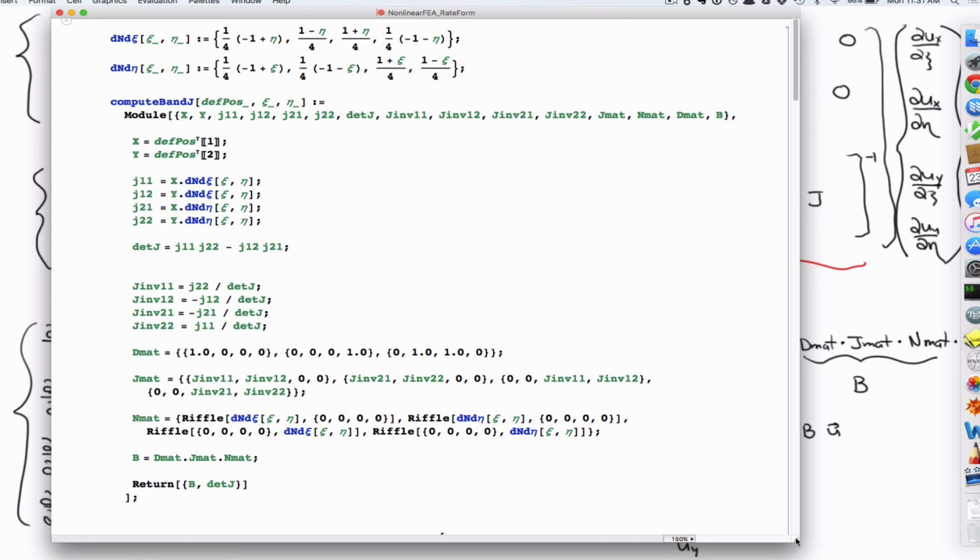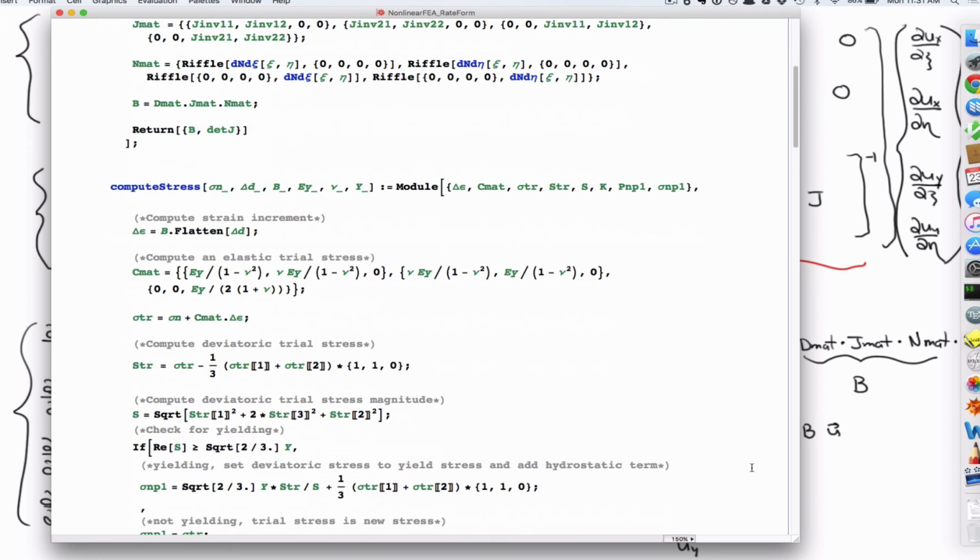Okay. Now if you're using a total Lagrangian setup, you only have to compute those derivatives of the shape functions at the integration points once up front, and you can store those values. So then it's pretty efficient. Now here, in this code, like we talked about before, I'm using an updated Lagrangian, so I actually recompute them every time. Okay, so the next thing I want to talk about